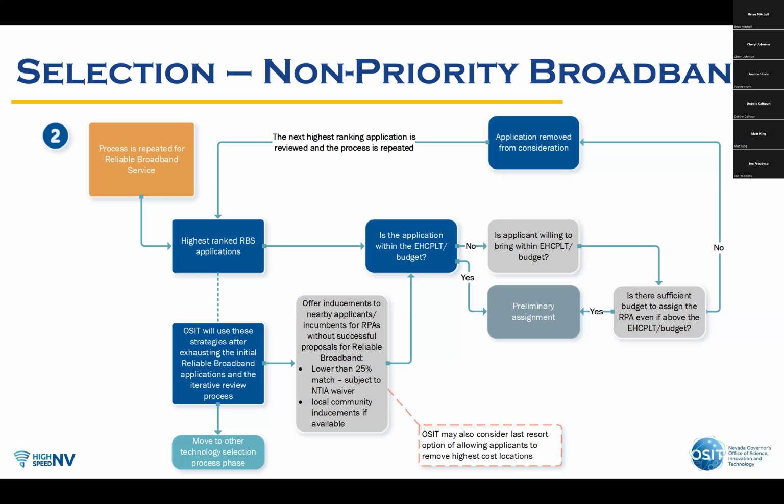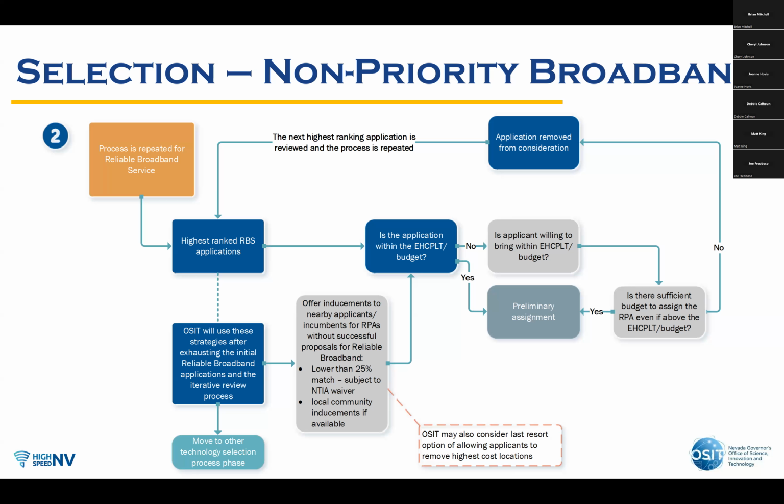There may be the opportunity for inducements to try to attract applicants who are interested in nearby regional project areas or incumbents in those regional project areas to